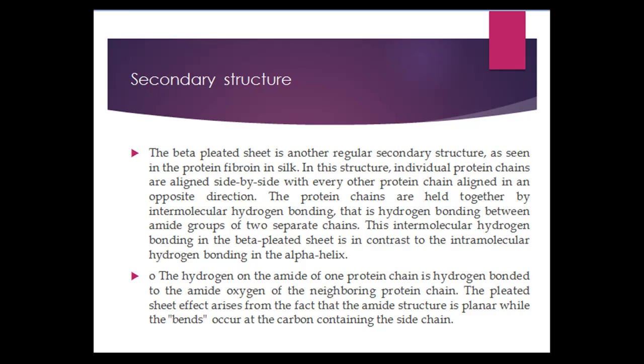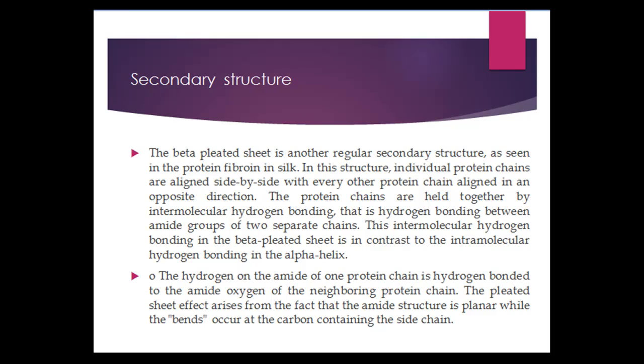In this structure, individual protein chains are aligned side by side with every other protein chain aligned in an opposite direction. The protein chains are held together by intermolecular hydrogen bonding, that is, hydrogen bonding between amide groups of two